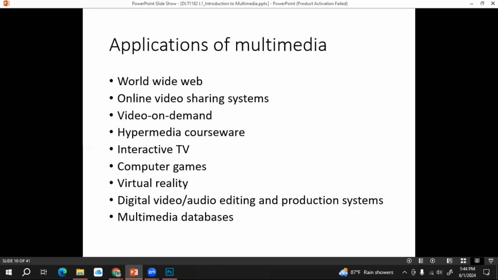Then multimedia databases. Multimedia databases are the locations that allow us to store these different types of media in digital format, right? Simply, we can say we want to store our audio in Google Drive. We can store them in digital format.